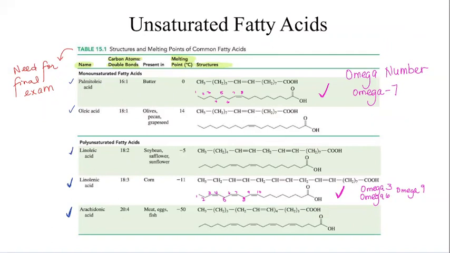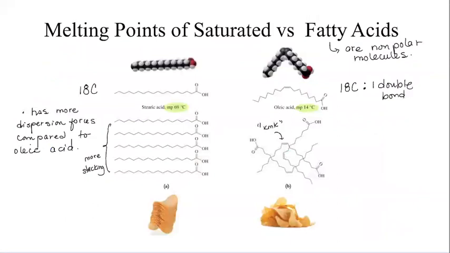In the unsaturated, as you increase the number of carbon-carbon double bonds, those cis bonds that we have in those structures, then your melting point is decreasing. So even though arachidonic acid has more carbons, because it has 4 double bonds, it will have a lower melting point. So understand that melting point is affected, again, due to attractive forces being diminished by the presence of these carbon-carbon double bonds in unsaturated fatty acids compared to